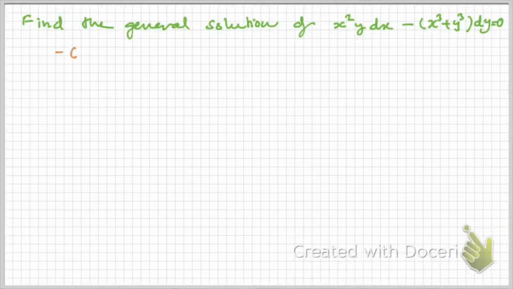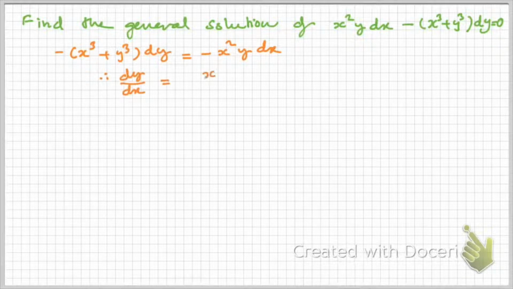equation. But I try to make dy by dx as a subject, and for that I shift the first term x square y dx to the other side, and dy by dx is made as a subject. So this is what I get. But to make this into a function of y by x, what I need to do is I divide each term by the highest degree x term, which is x cubed in this case. So when I divide each term by x cubed,